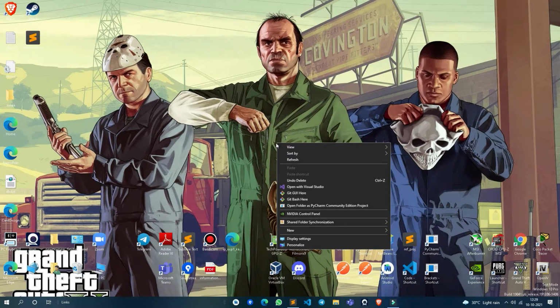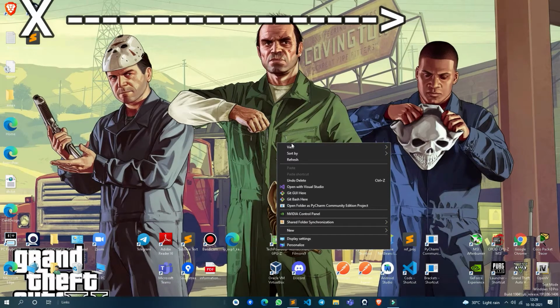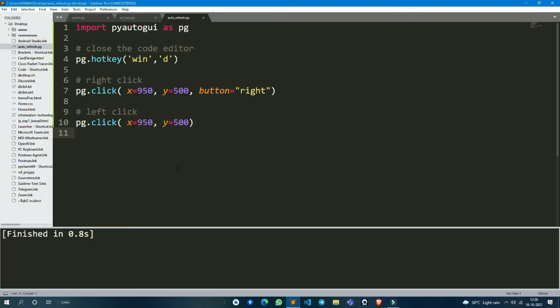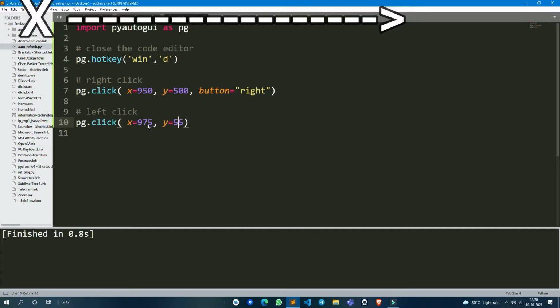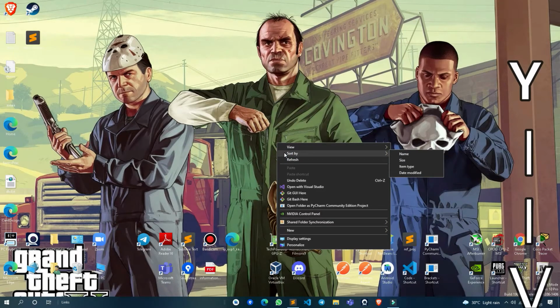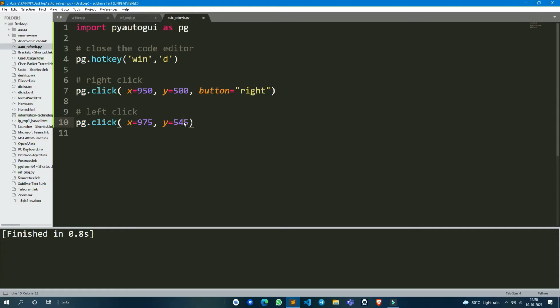Okay, this is our 950 and 500. This point we want a little bit right, so we will increase the x-axis a little bit, and we want a little bit downside, so we will increase the y-axis a little bit. I'm increasing the x-axis to 975 and y to 535. Let's run the script. Let's see. No, we want more. 555.